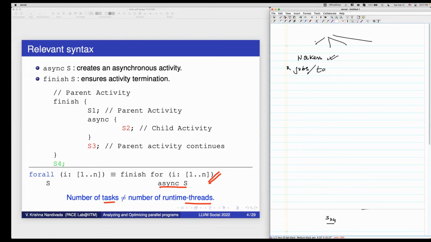A worker or a thread is the one that actually does the work. So you can have many tasks and a much smaller number of workers. The workers will share the work among themselves. Am I making sense? Yes, sir. Okay, great.